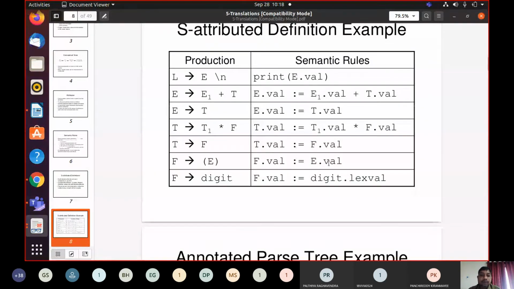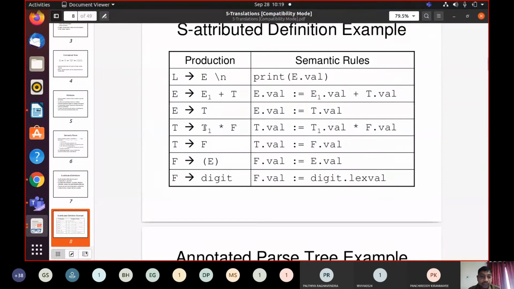Similarly, E.val equals T.val, and T.val is F.val. And here, when you are about to reduce T1 star F to T, the value of T is dependent on T1.val and F.val. What is T1?